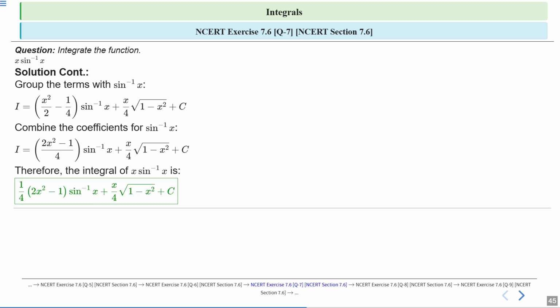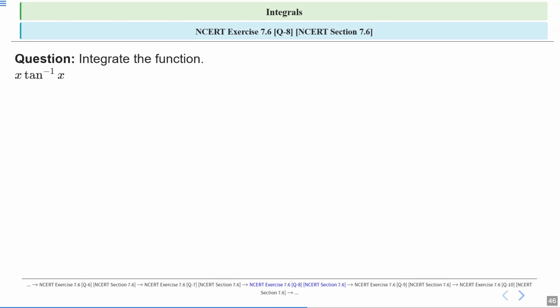Combining the coefficient of sine inverse x, just simplify it. We get the integral value of x sine inverse x is 1 by 4 into 2x square minus 1 sine inverse x plus x by 4 root under 1 minus x square plus c. Done. So question number 8 is we have to integrate